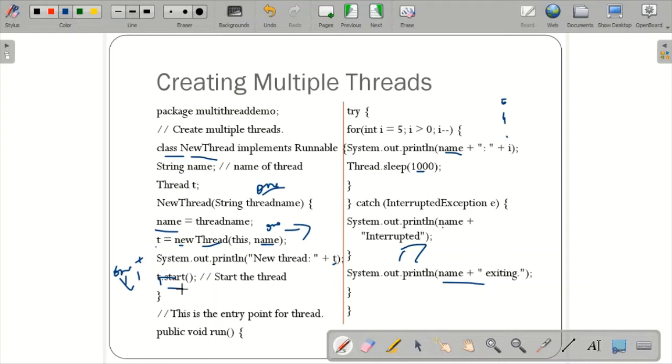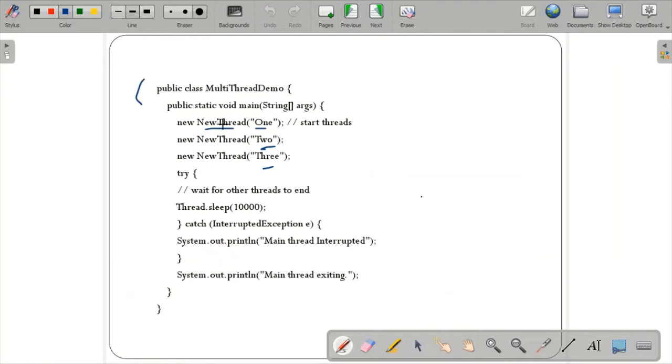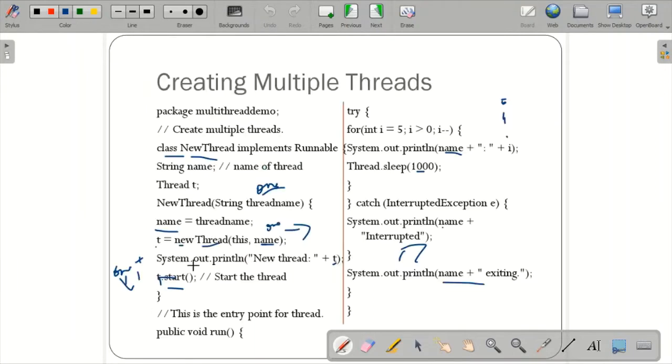If the processor is busy running something else, the thread will remain in the runnable state, so it will return back to the main, and again new thread 3. Now the third thread will also be printed. The System.out.print for the third thread will be printed, and that thread is also in the starting stage, waiting for the processor to be allocated.